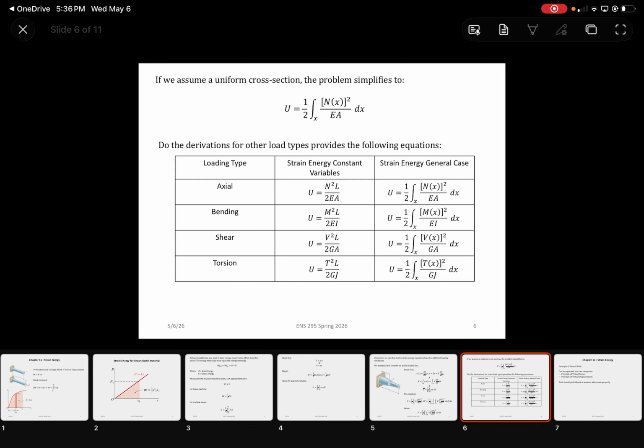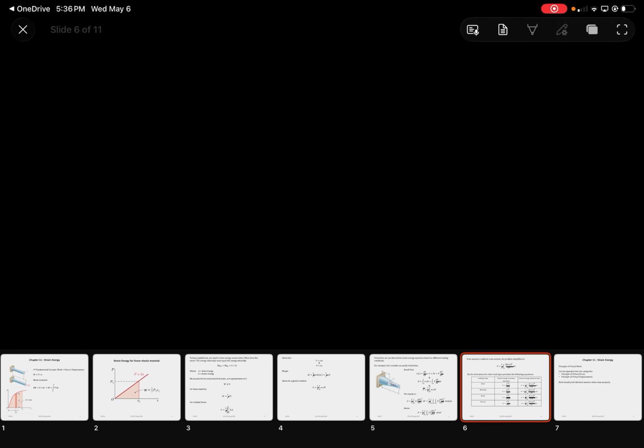for axial loading, we derived this equation here, where the axial force divided by EA is,